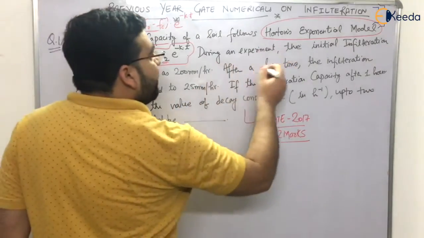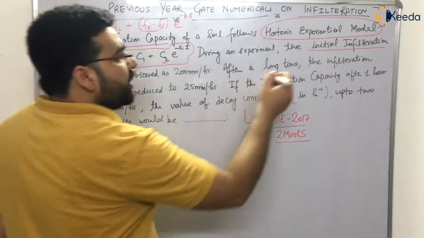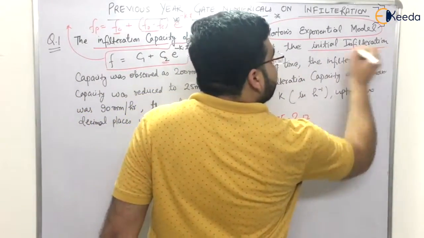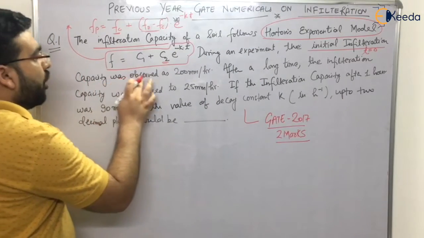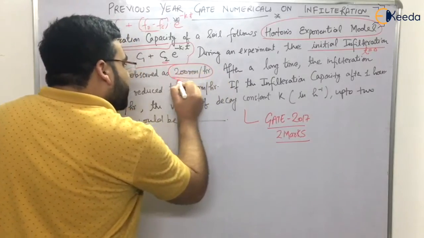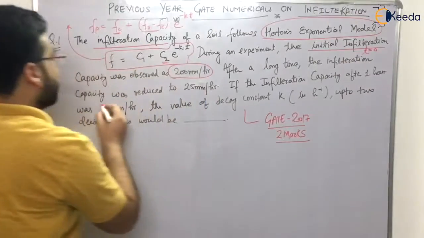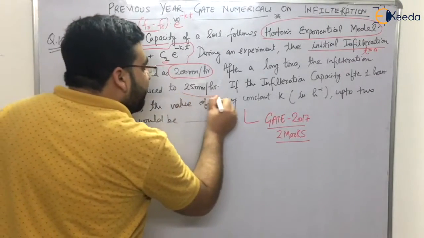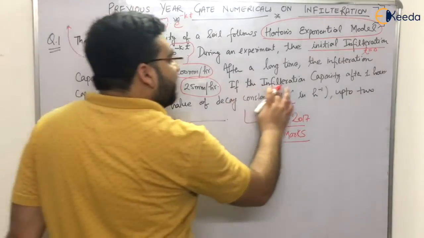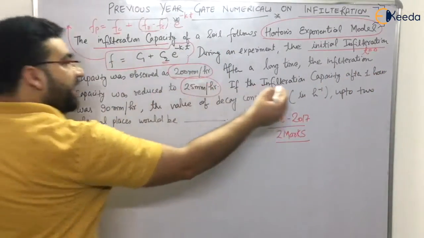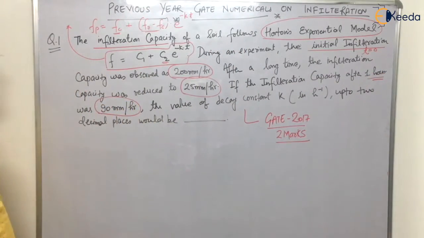Now, during an experiment, the initial infiltration capacity, initial means at t is equal to 0, was observed to be 200 mm per hour. After a long time, the infiltration capacity was reduced to 25 millimeters per hour. If the infiltration capacity after 1 hour is given to us as 90 millimeters per hour,